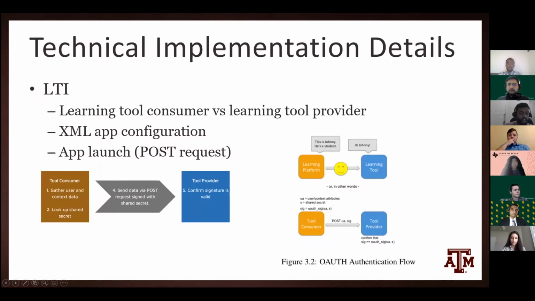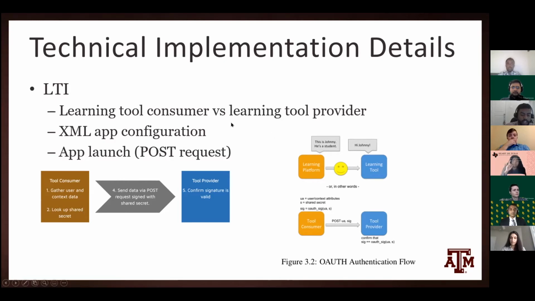Now this is the second goal of my research, which is the technical implementation details of LTI. Before we go into this, we must first ask, what is standard LTI? LTI is a single sign-on assertion, or SSO. In other words, it's a one-way directed identity. It is a way for someone to go from the LMS to some other web service already logged in.